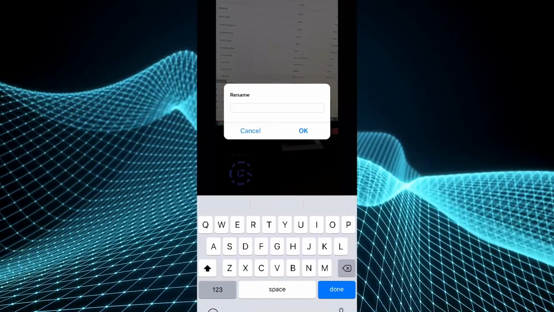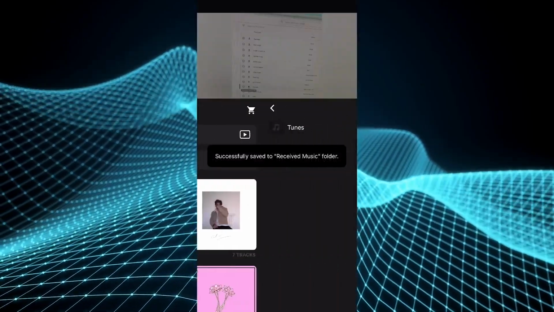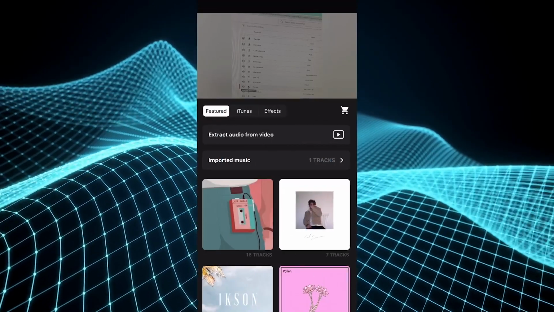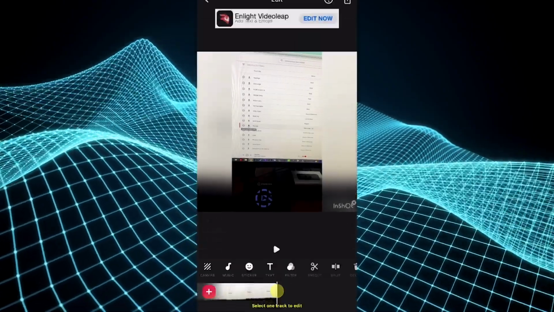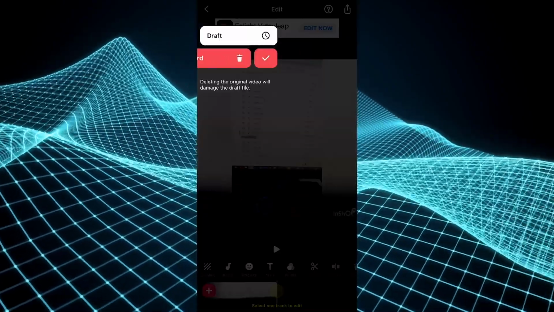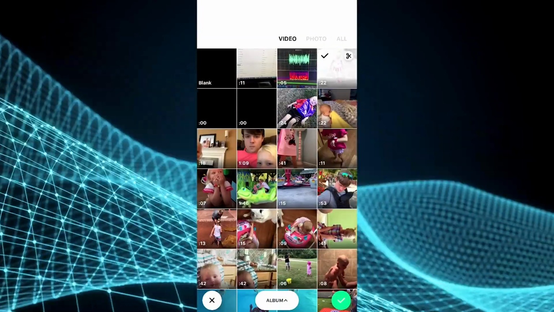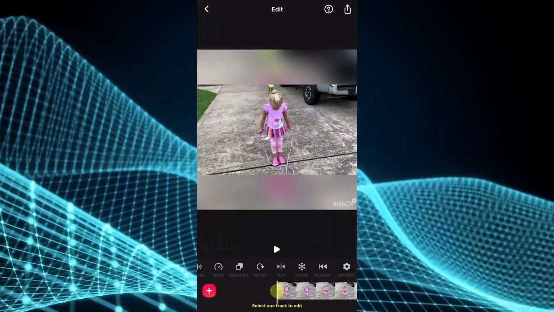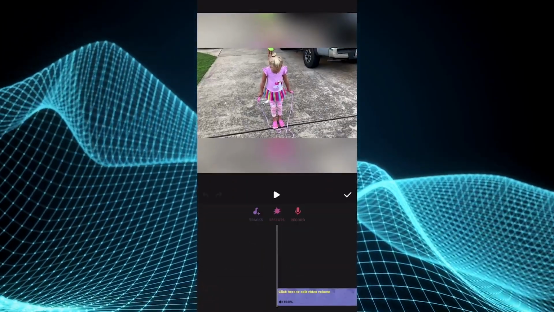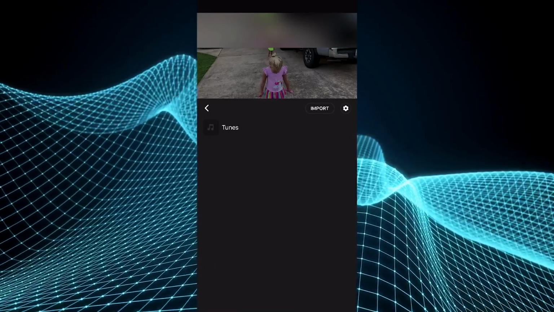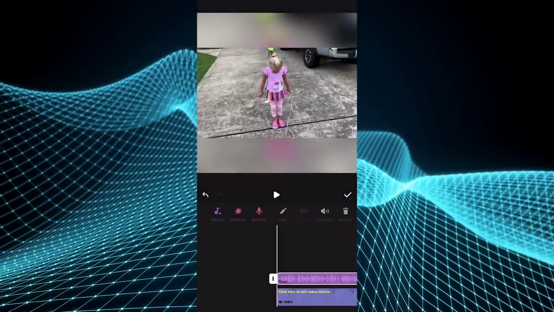rename this to be whatever, tunes, whatever you want to call it. Tap OK, and then successfully saved to the folder. So now what we can do is go back to that video that I was showing you guys. So if we discard this video here, we go back to our video library, choose the one that I wanted there with my daughter jump roping, and then the music that we can use here is under music, under tracks. We go here to imported music, go to tunes, is the track we just did,